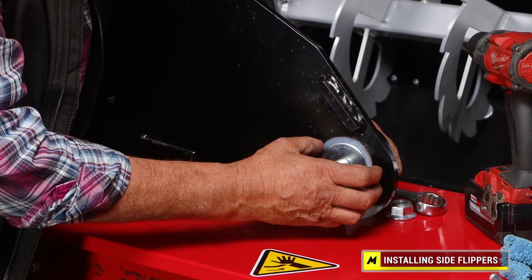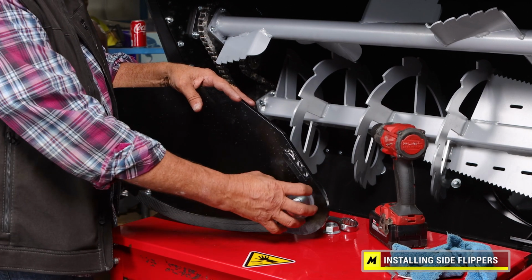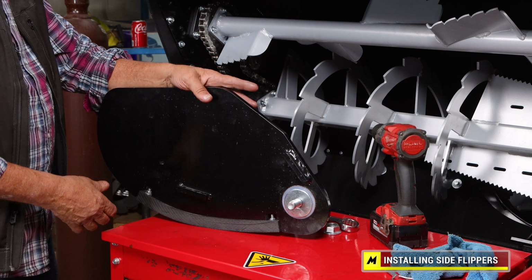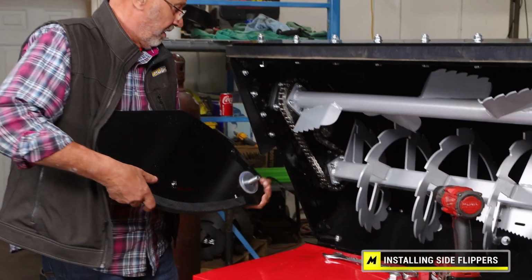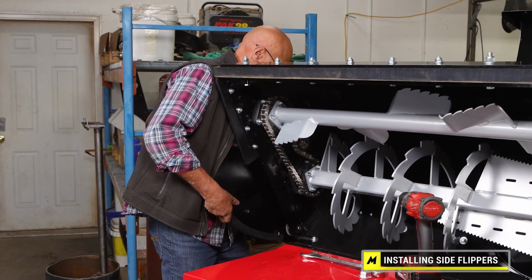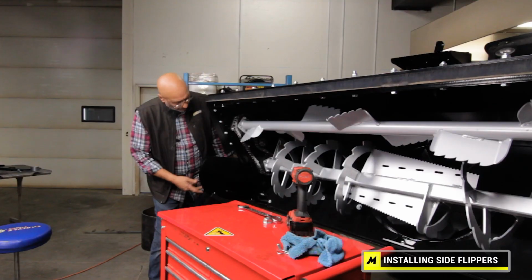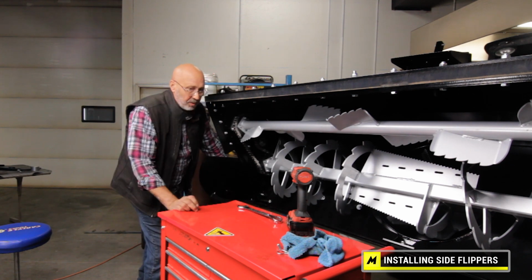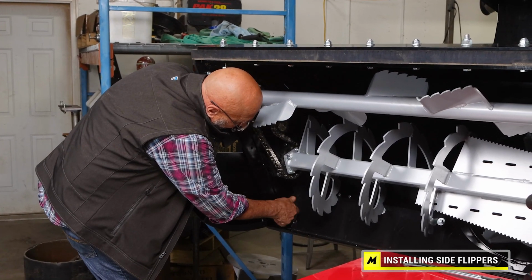You just want to make sure that these UHMW washers are sitting up on top of the pivot bushing, which the grease helps to make sure happens. Then I hold my hand on it, bring it up to the hole, insert it in. Now this seems pretty straightforward. I'll move this toolbox. When I put this nut on,